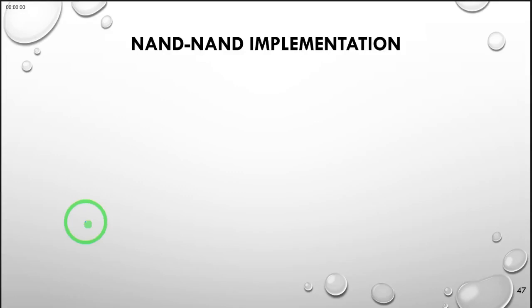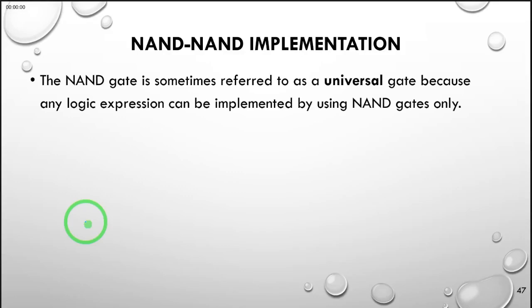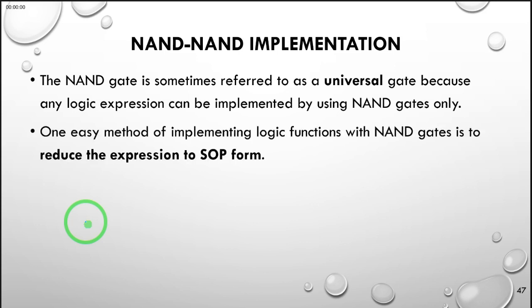We now discuss the NAND implementation, and we observe that the NAND gate is known as a universal gate because any logic expression may be implemented by using NAND gates only. One easy method of implementing logic functions with NAND gates is to reduce them to the SOP form. Remember, the SOP form was y = AB plus